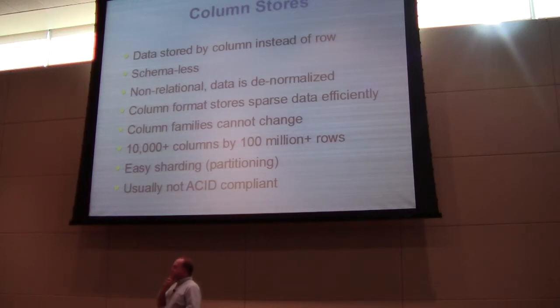If you have 10,000 columns on any particular row, you're probably not updating all 10,000, maybe only a handful. And so the way they store the information is that null values are essentially free. The null cells are essentially free to store, so it can be very efficient to store this information. But one of the big differences to understand is that because the data is stored on disk in a certain way across the columns, it tends to be more difficult to do row-style updates.